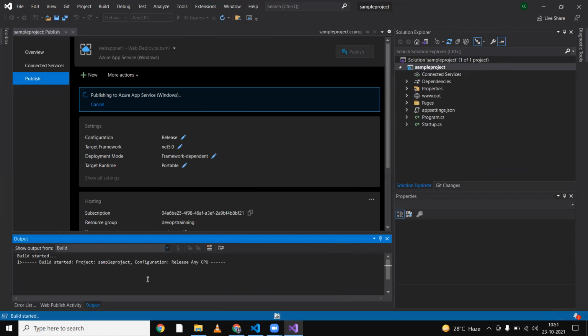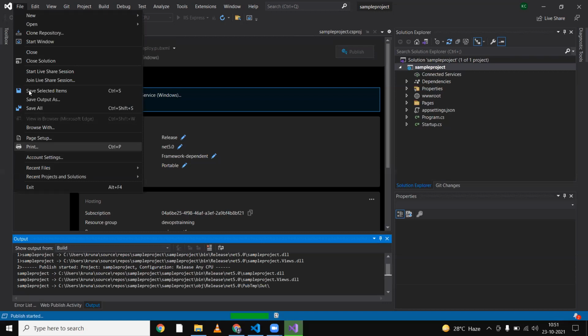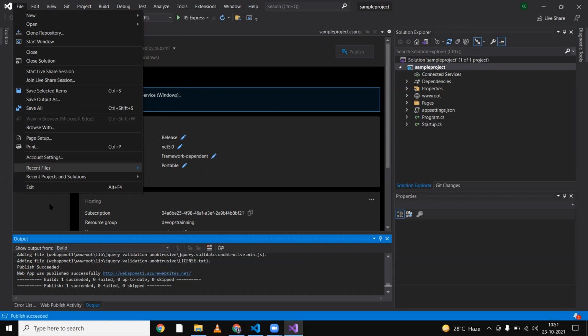with your Visual Studio, which is connected with your Microsoft Azure, because I gave my credentials here in File. In File, you are getting Account and Settings. In Account and Settings, I gave my credentials and I synced with my Microsoft Azure portal, and because of that, it is fetching all data from that.